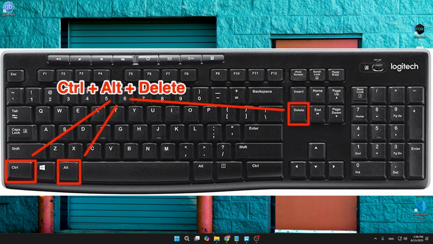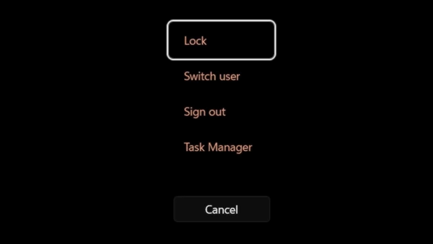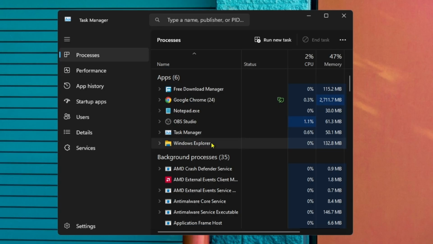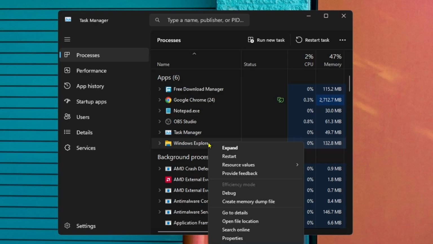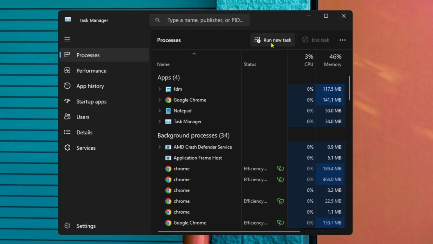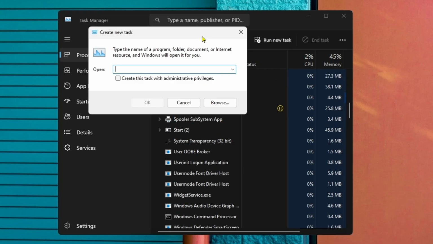First, you need to press Ctrl, Alt and Delete, and then you'll find the option called Task Manager. Click on that, and after that, here we need to find Windows Explorer. Click on the right mouse button and click Restart. Then another time open Task Manager, and here we're going to click on Run New Task, and here we can